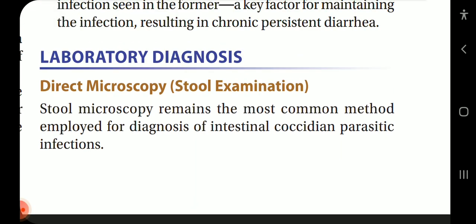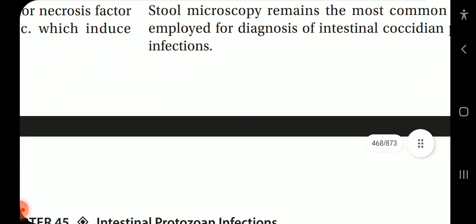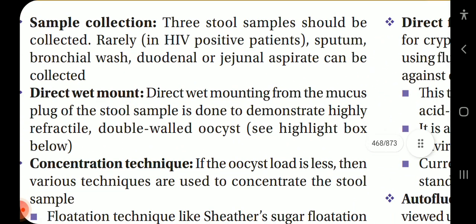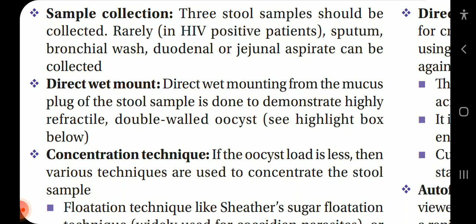Coming on to lab diagnosis: direct microscopy, stool examination. Stool microscopy remains the most common method employed for diagnosis of intestinal coccidian parasitic infections. Sample collection: 3 stool samples should be collected. Rarely, in HIV positive patients, sputum, bronchial wash, duodenal or jejunal aspirate can be collected. Direct wet mount: direct wet mounting from the mucus plug of the stool sample is done to demonstrate highly refractile